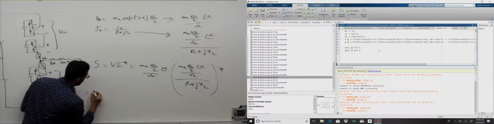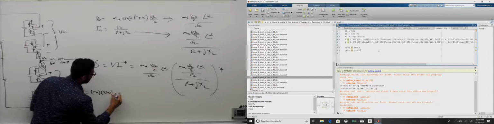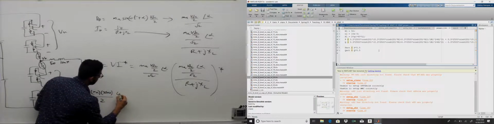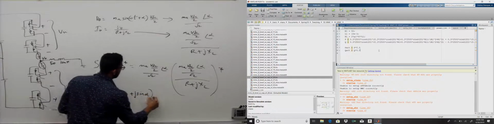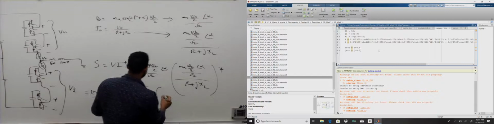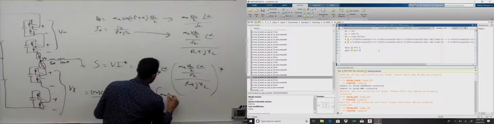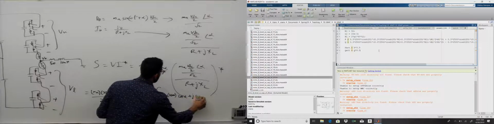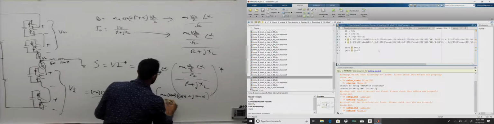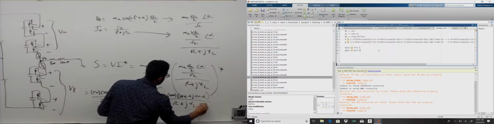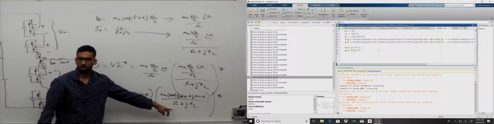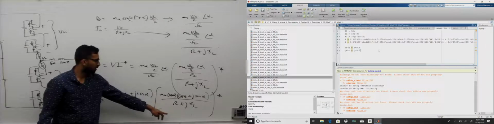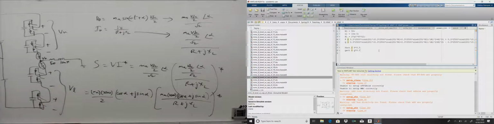Write this as MA times 2500 times 2 times cos alpha plus j sin alpha, times MA times 2500 times cos alpha plus j sin alpha, divided by R plus jXL, the whole conjugate. Then what you do is multiply numerator and denominator by R minus jXL here. If you do that, you get